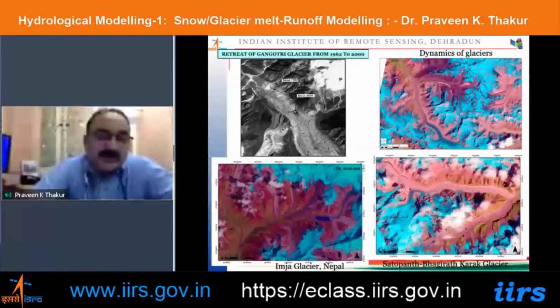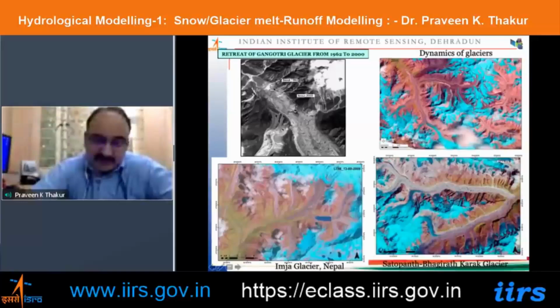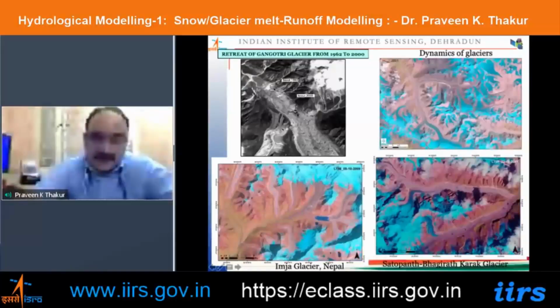It is not that it is moving backwards, but if you focus on this point, it is moving forward only. This is the time-lapse image of Gangotri. This is Imja Glacier. This is Satopanth. You can see here with each year it is moving forward only. But the net